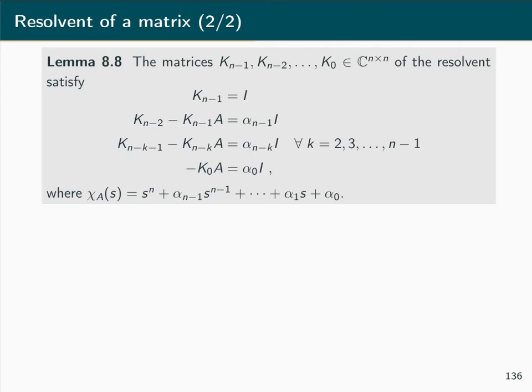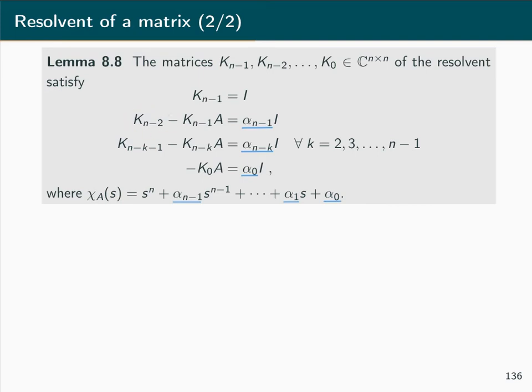Based on this, we have Lemma 8.8 stating that the matrices K_{n-1}, K_{n-2}, and so on down to K_0 of the resolvent satisfy a given set of recurrence conditions. These recurrence conditions involve the coefficients alpha_{n-1} down to alpha_1 and alpha_0 of the characteristic polynomial of A, and they look as follows. First, K_{n-1} is the identity, and then there's a recurrence condition for